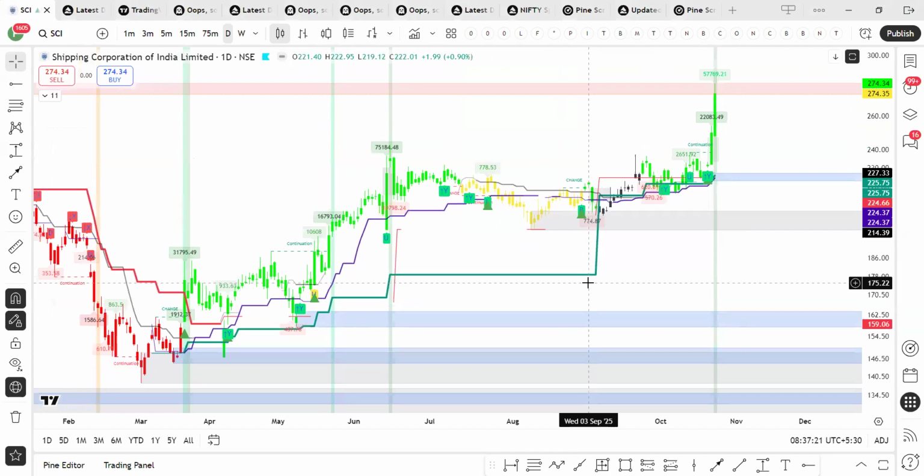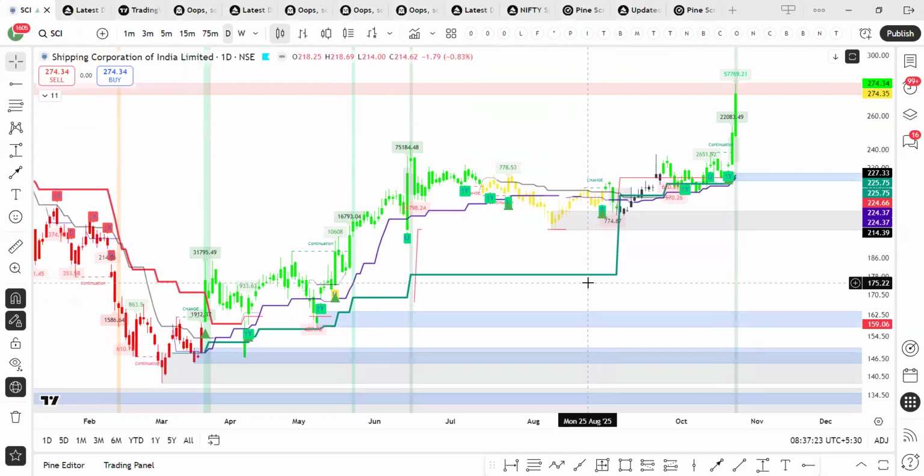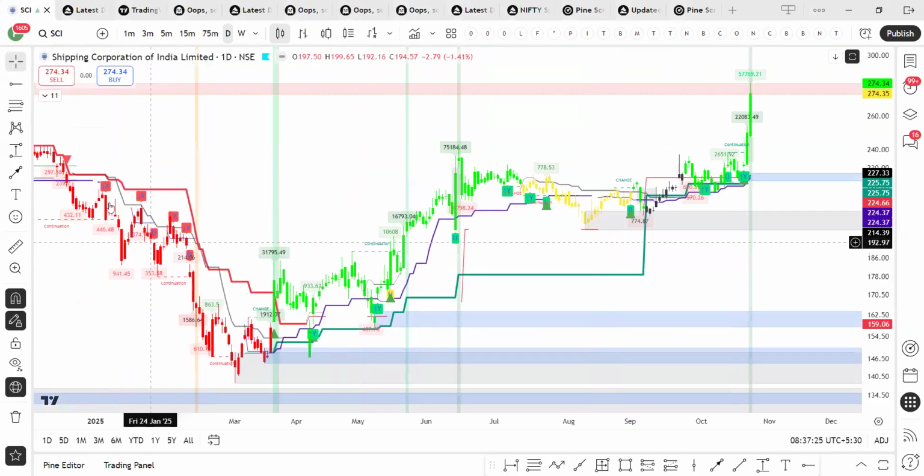Okay, this is SCI, and we can see there was a downtrend here. After that downtrend, there is the first green. As many of you may remember, whenever there is the first time green, I want to buy on retracement, and this is the best opportunity to buy on retracement because the selling, or the downward bearish momentum, is broken here,